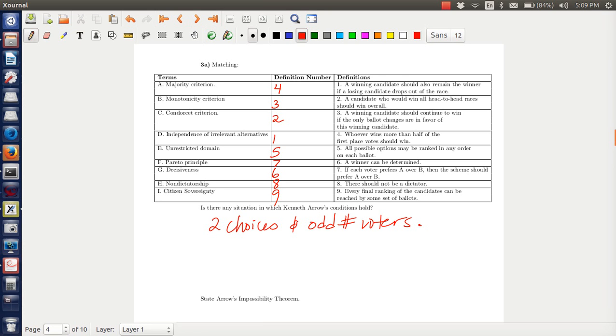The impossibility theorem states that you cannot satisfy all these conditions in any voting scheme unless you have this situation with two choices and an odd number of voters. But if you have 3 or more possible outcomes, then there's no way to create any kind of voting scenario which will be fair all the time. It doesn't mean that you shouldn't try, and it doesn't mean that some voting systems aren't inherently better than others. It just means that